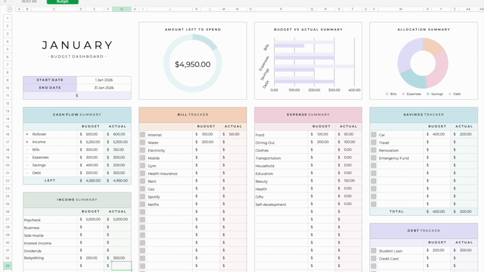Next is bills, where you can note down things such as your rent, electricity, water, internet, etc. And again, adding what you budget for that month and what the actual spend was. Once you've paid a bill, you can just tick it off and you can make a note of what still needs paying for the rest of the month. Then we have the expense summary,